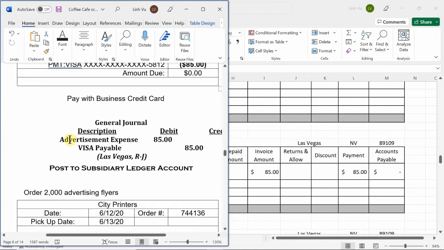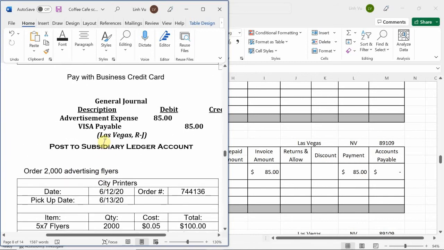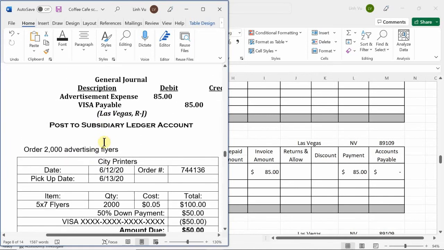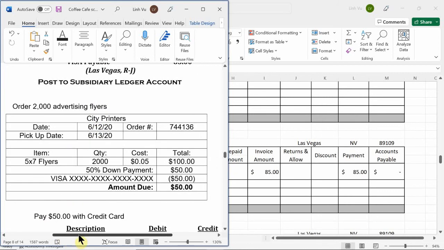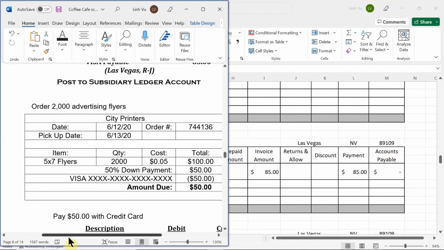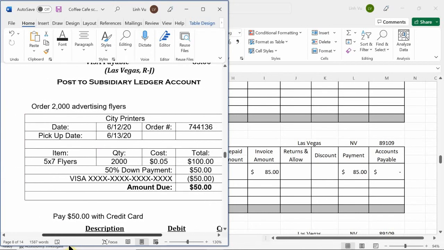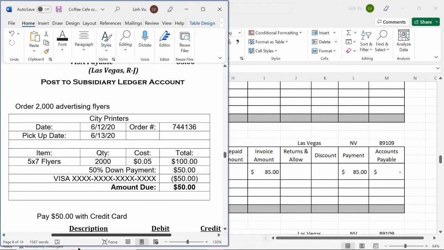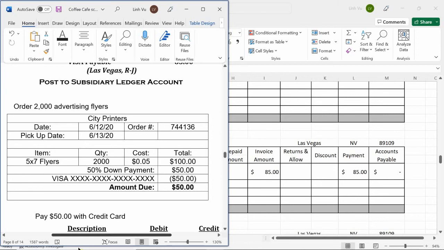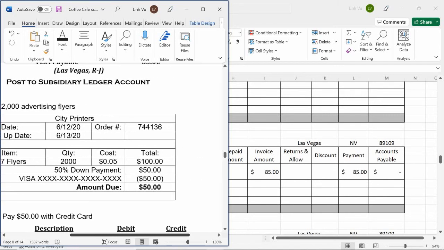Okay. Then we went to City Printers, and we ordered 2,000 advertising flyers. So let's see what happened here. We ordered 2,000 flyers. They're 5x7 flyers. We ordered 2,000 of them that we can pass out around the streets. Today's date is the 12th, and it's to be done on the 13th, so 24-hour turnover. Here's your order number,